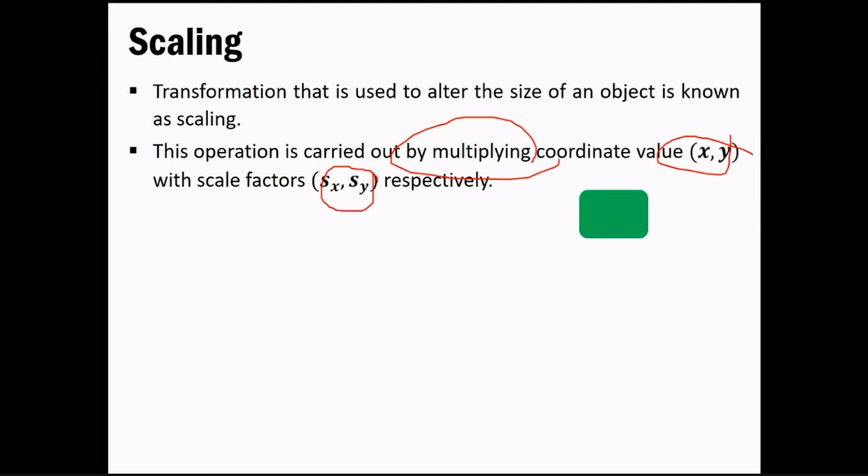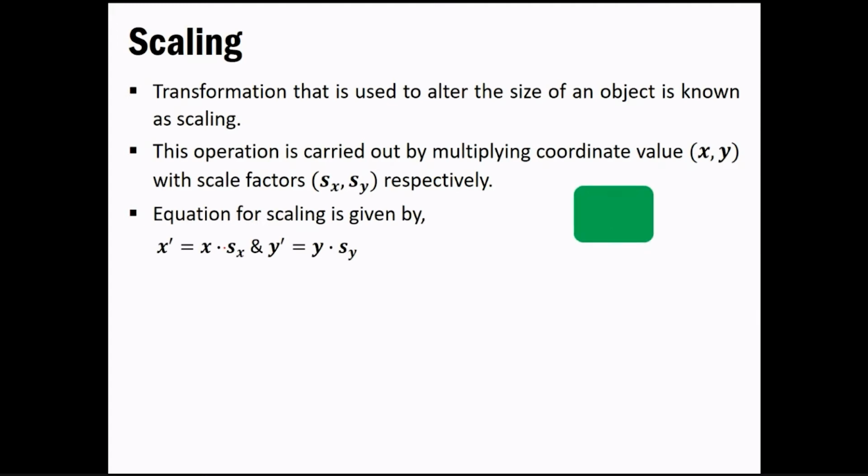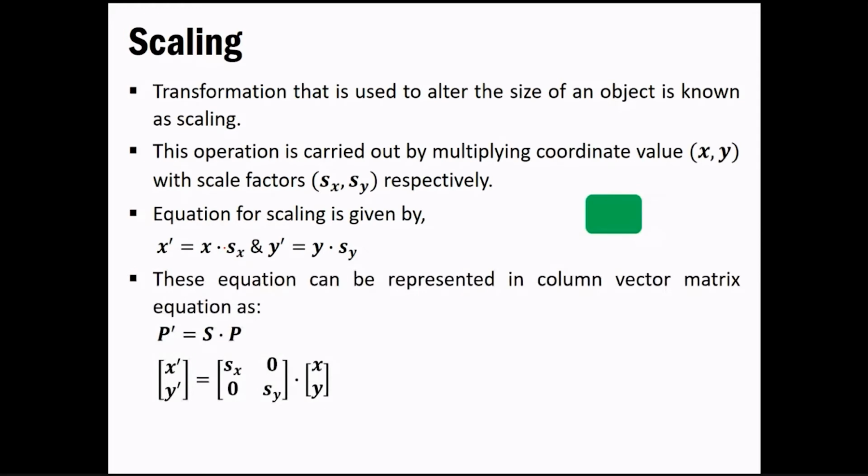A few things have been given to us over here, and what we want to do is just multiply. The equation of scaling is given by simply multiplying x by sx and y by sy. Similarly, we'll convert it into the column vector matrix form, so that whatever we get can be repositioned as well as scaled up. Based on this, we have sx and sy into xy, so we'll put it in this form to get the resultant matrix.